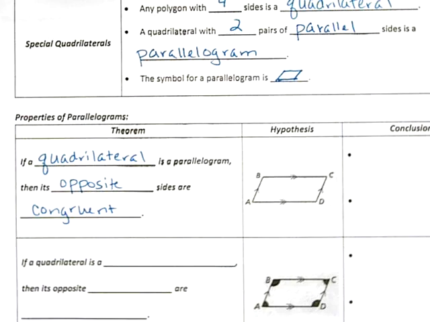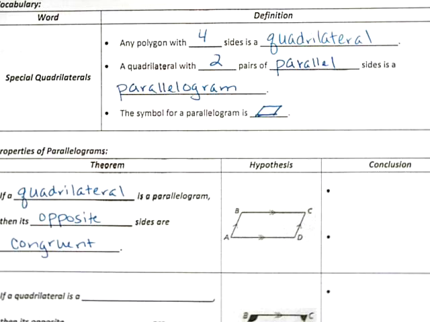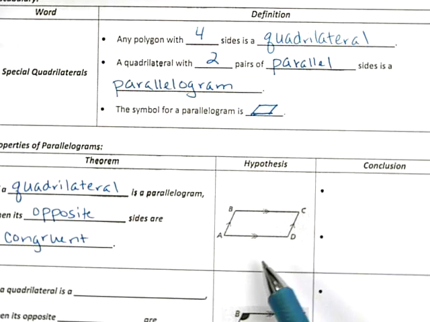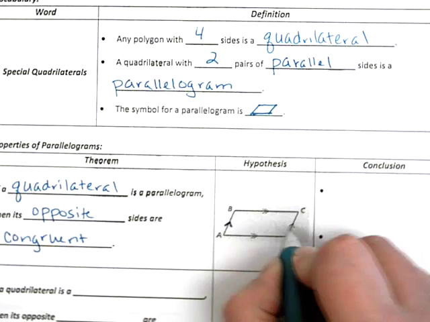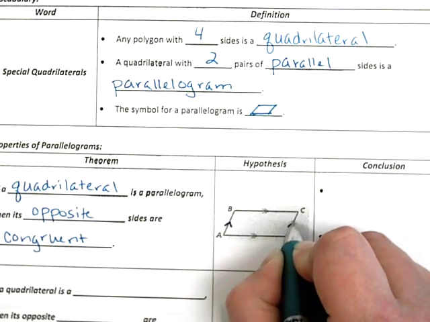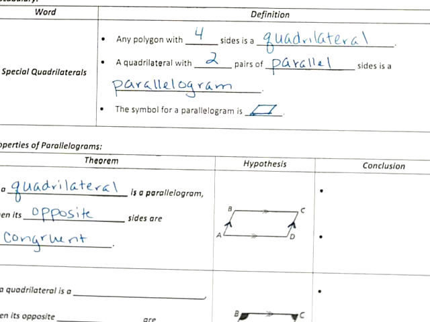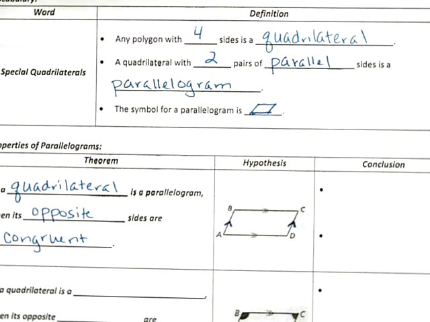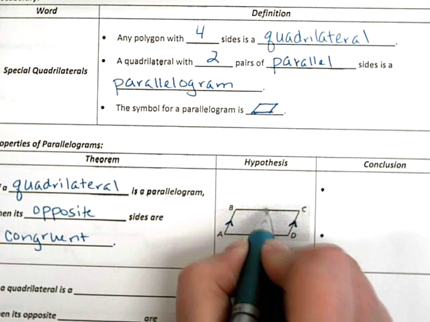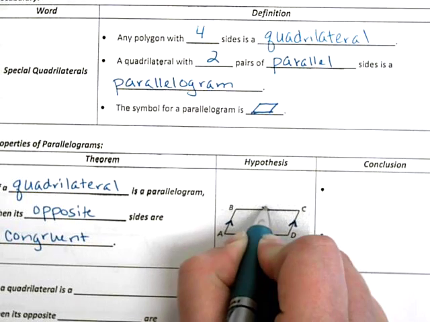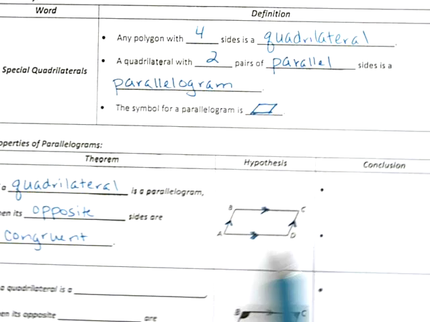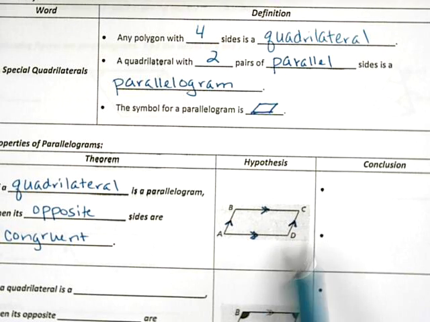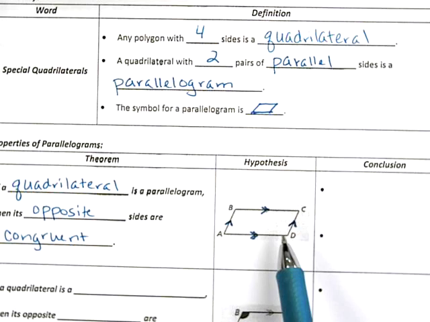All right, so we are starting with this picture here. We've got both pairs of opposite sides are parallel. So AB is parallel to CD. Remember, that's what our arrows mean. And then we've got 2 sets of arrows on BC and 2 sets of arrows on AD. That means that BC and AD are both parallel to each other. So we know for sure that this is a parallelogram, right? It's a four-sided figure,